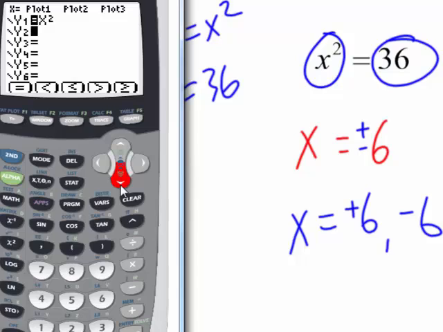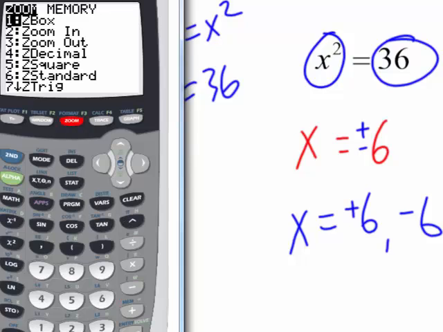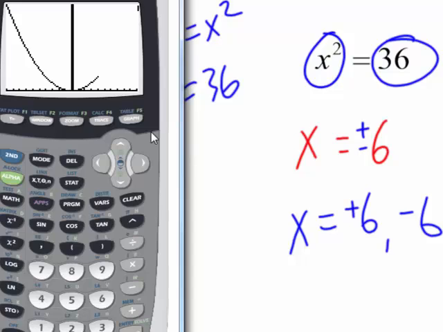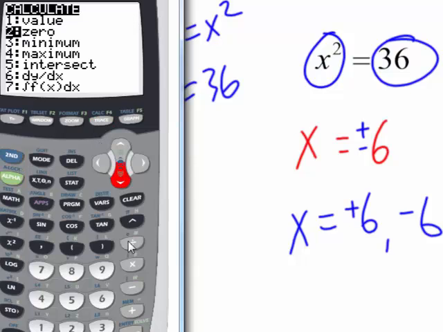So for example, y equals x squared, and y equals 36. And I might say zoom fit just to make sure they fit, which is 0. So there's my x squared, there's my 36. And if I wanted to find their 2 points of intersection, I'd go